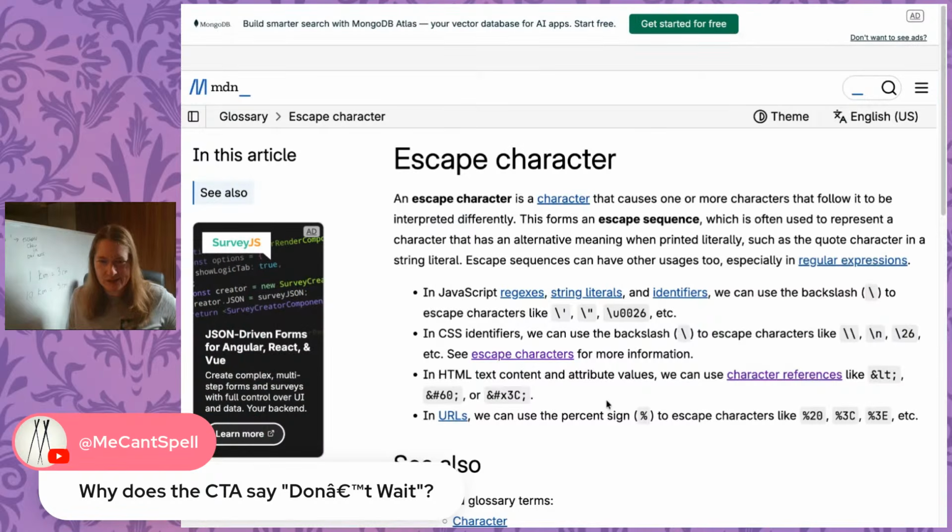Escaping a character. Thank you. Yes. So I want to escape this one, but